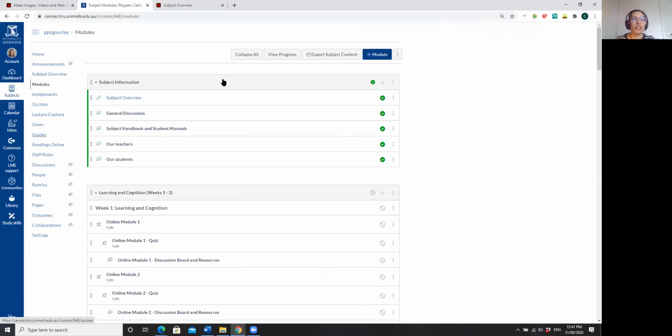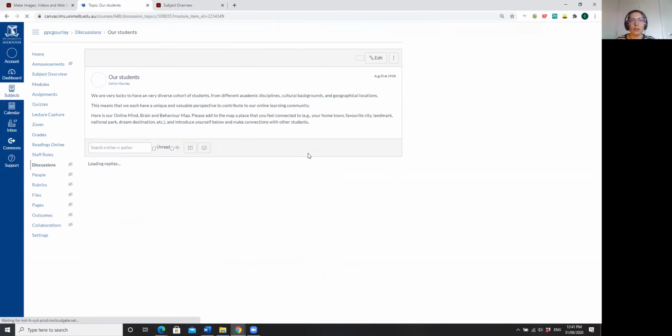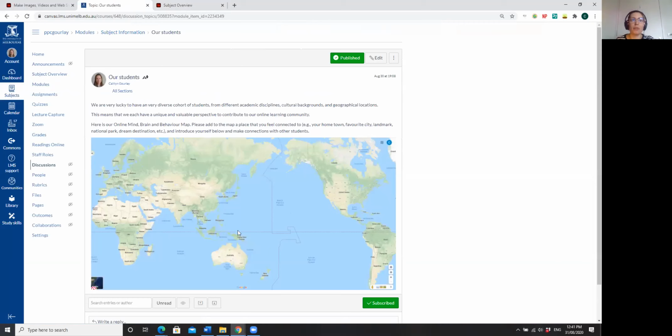So obviously we've got an introductory module with a subject overview, general discussion, handbooks and links, teacher contact information, and then I've done quite a similar thing to what I think Rebecca did, where I'm going to have a collaborative map where students drop a place that they feel they're connected to in some way. It doesn't have to be somewhere they live. It doesn't even have to be somewhere they've been, just kind of a conversation starter